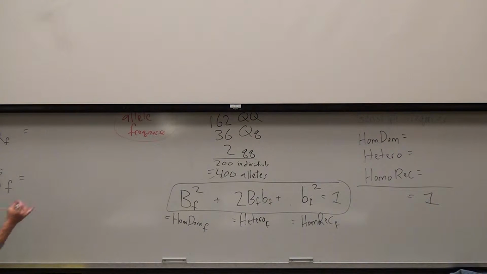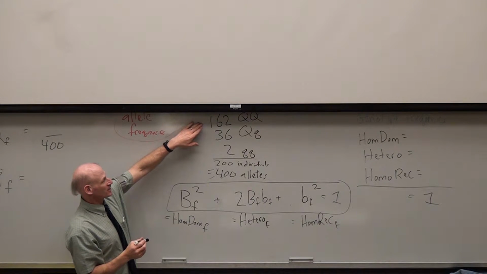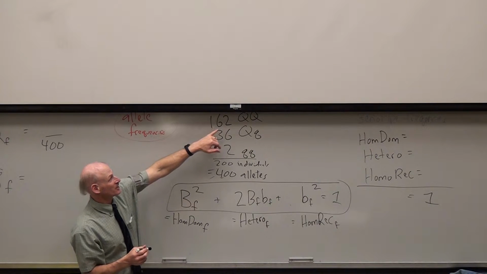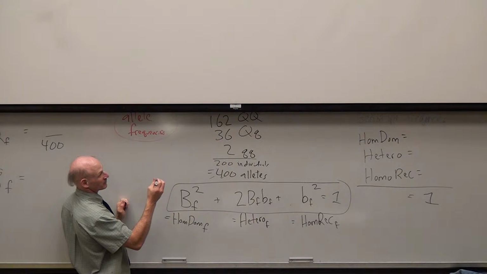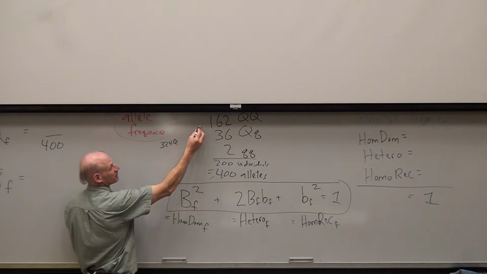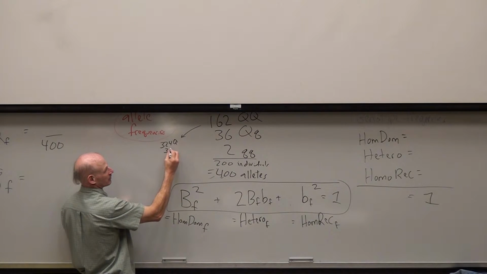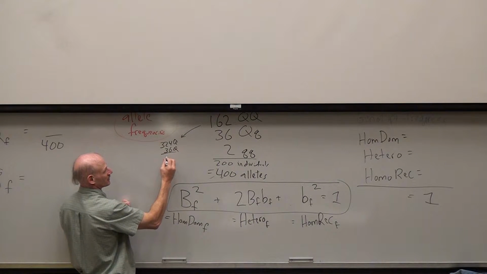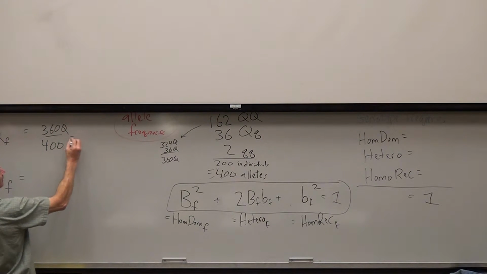The 0.9 is correct. Because we figured it out like this. We said, all right, we know there's 400 alleles present. How many big Qs are there? Well, there's twice this number, twice 162, because each individual here has 2 big Qs. And so what's that? 324. 324 from those 162 big Q individuals, plus 36 more from those individuals, so that's 360. Okay, good. So 360 big Qs, and that's going to equal